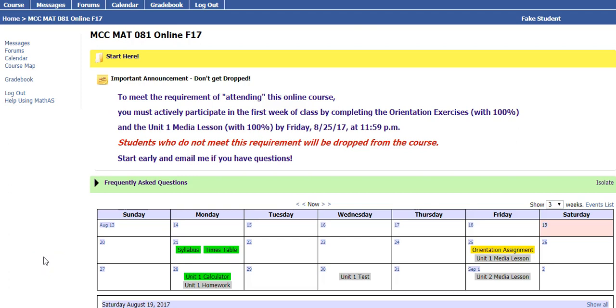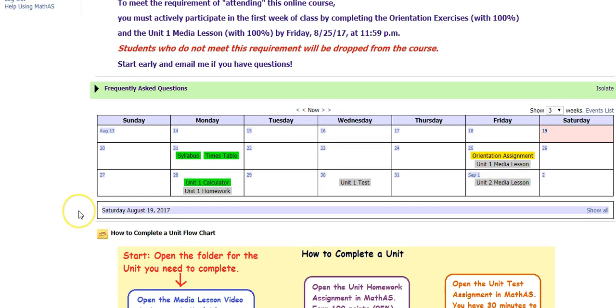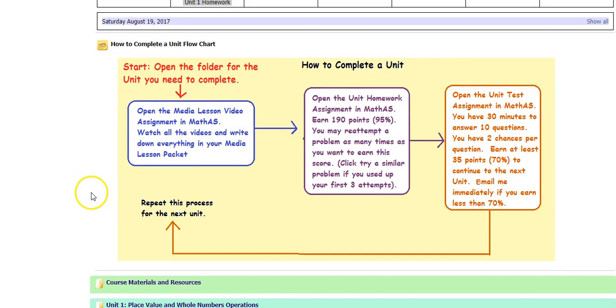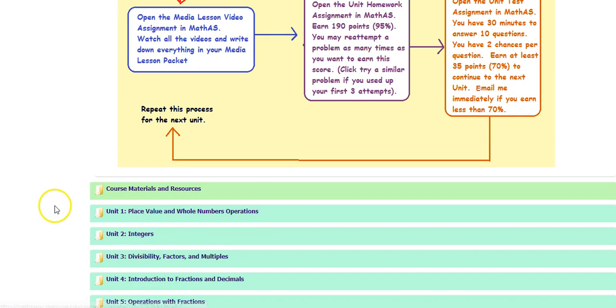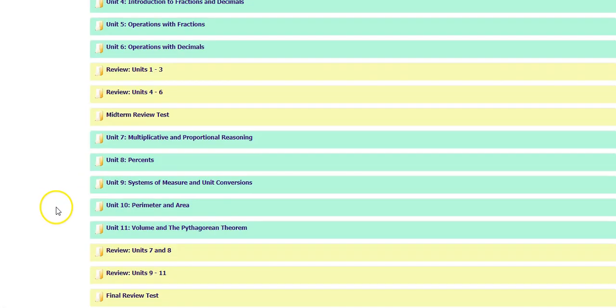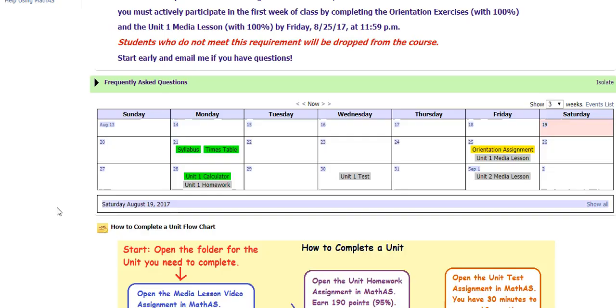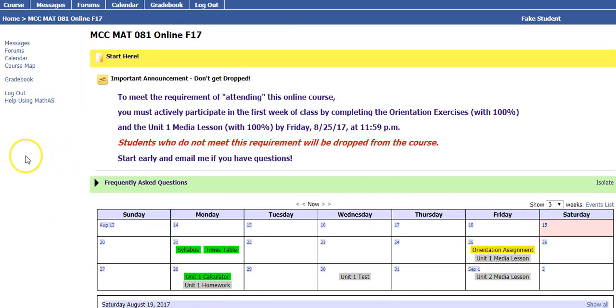In this orientation video, we're going to review some of the features of MathAS. I highly recommend that you scroll through, open folders, see where everything is located so you can get used to this system. Okay. And to start, I want you to send me a message and tell me a little bit